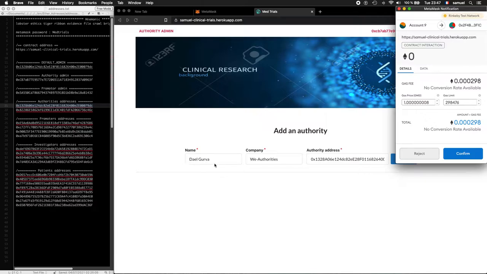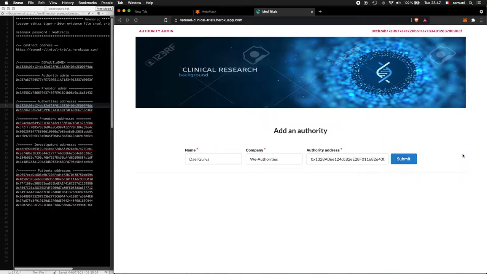Now the authority information will be sent to IPFS, and IPFS returns a CID, a content identifier, and this content identifier is sent to the smart contract.